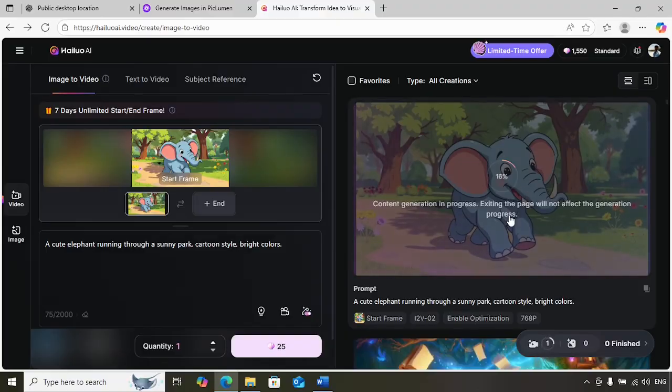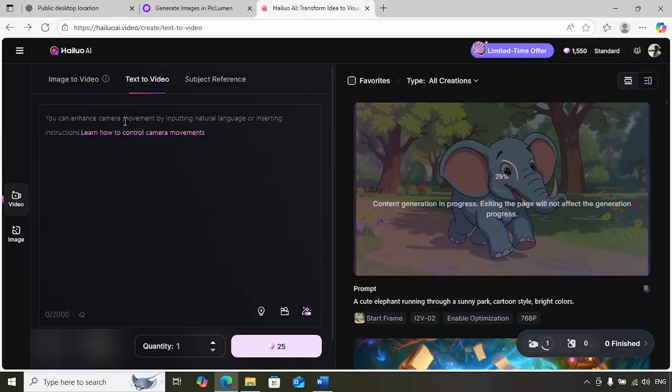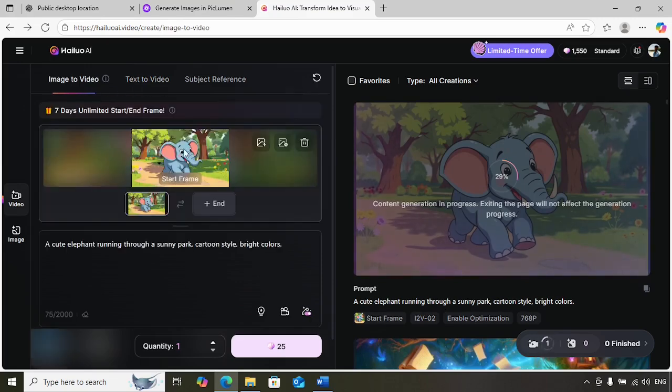I just wanted to let you know that in Hailu AI we have two options here. We have image to video and we also have text to video. You may be wondering why we have not used text to video, why we have not simply given text to create a video, why we have to upload an image, write a prompt to create a video. You may be wondering with this question. The reason being,